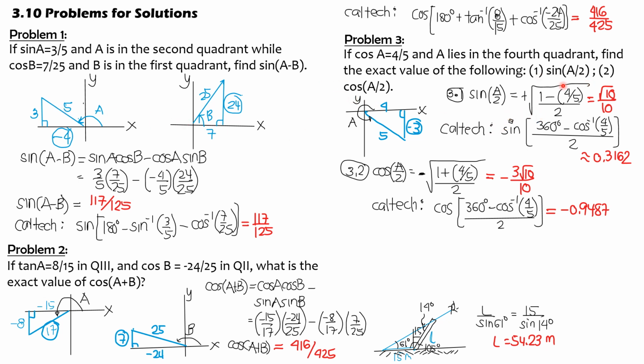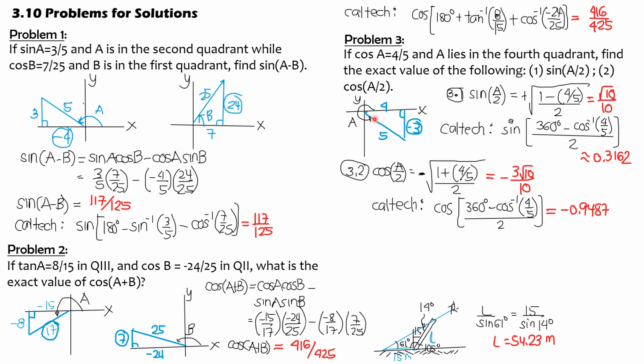So square root of 1 minus cosine A, given cosine of A is 4/5. To solve for y, it is negative 3 because the angle A lies in the fourth quadrant. So positive square root of 1 minus cosine A over 2. Simplify with your calculator, it is square root of 10 over 10. Now for the calculator technique, this angle A, which lies in the fourth quadrant, is 360 degrees minus this reference angle.